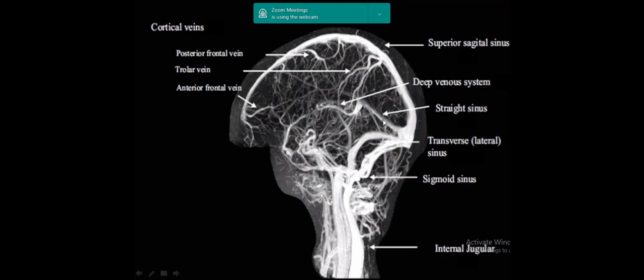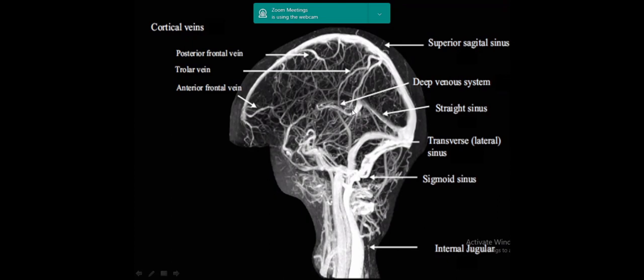It is attached to the tentorium cerebelli. It may drain into either transverse sinus, most commonly the right transverse sinus, or sometimes into the left transverse sinus. Coming to the transverse sinuses, they usually pass laterally from the confluence of the sinuses in the attached border of the tentorium cerebelli. Coming to the anatomical variations, almost 39% of the cases are hypoplastic on the left side,